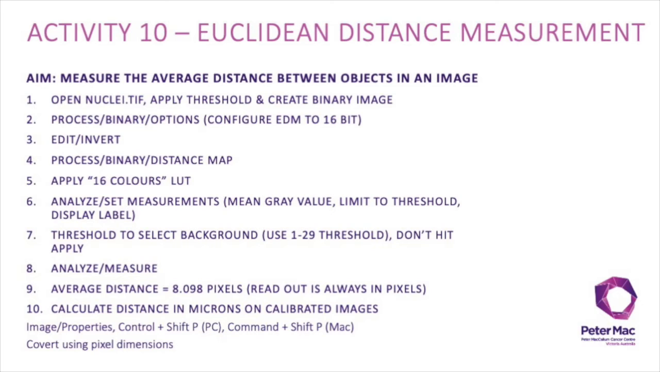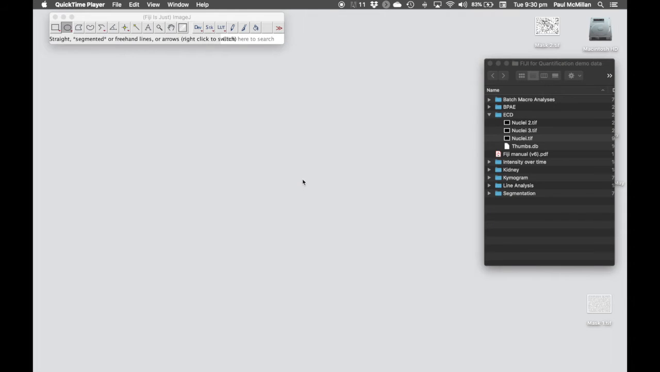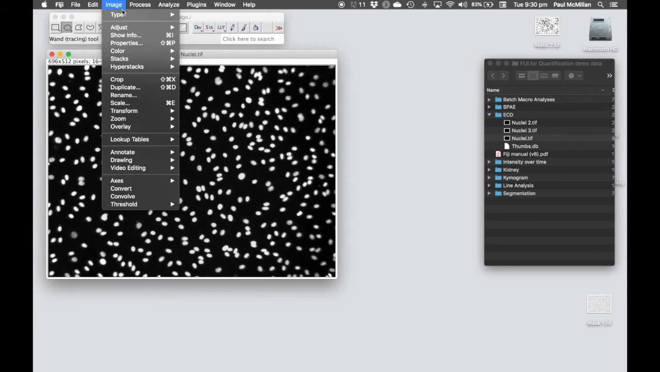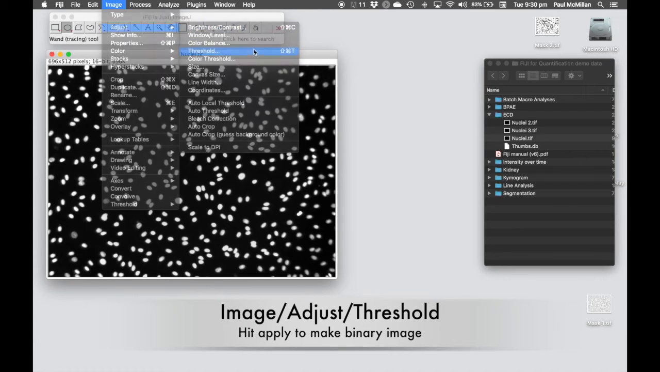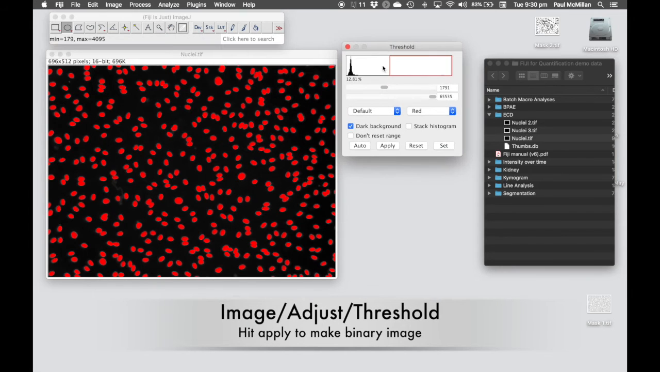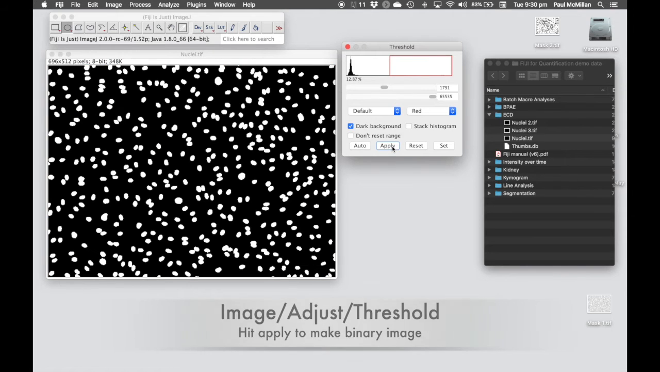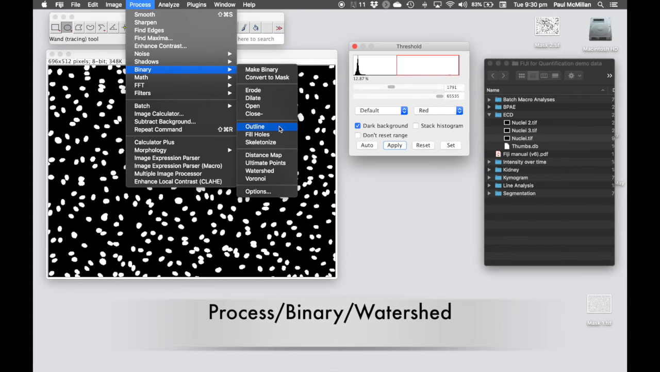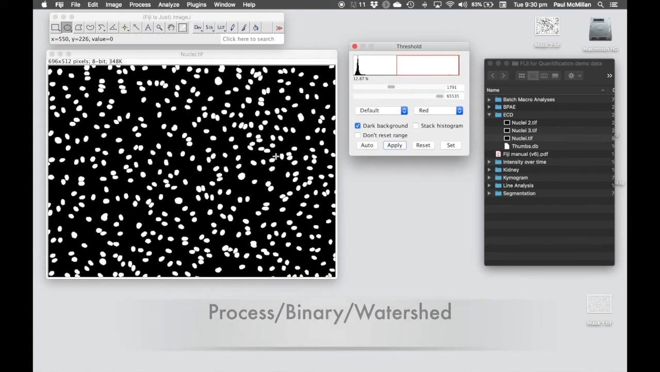Activity 10 is Euclidean distance measurements. We can use this to measure the average distance between objects in our image. For the Euclidean distance measurements, we're going to open up the ECD folder and open nuclei.tif. First thing we're going to do is set a threshold to identify the nuclei, and then hit apply to create a binary image. We might as well add in a watershed to separate out any structures that are